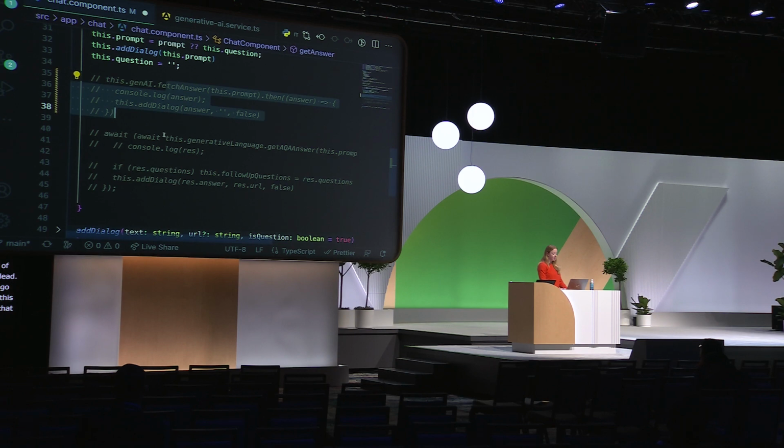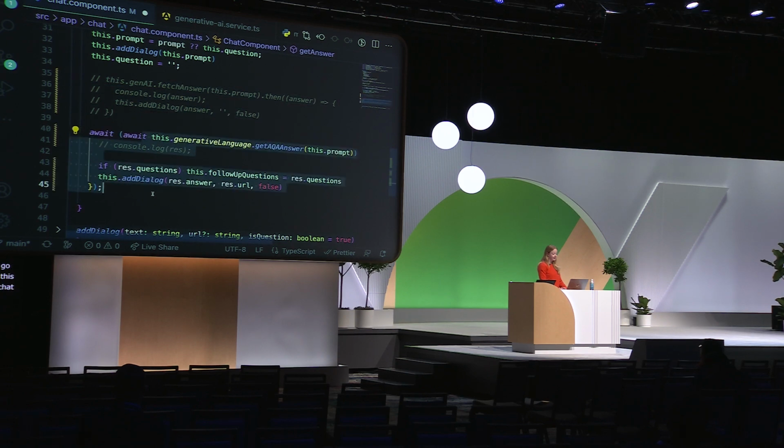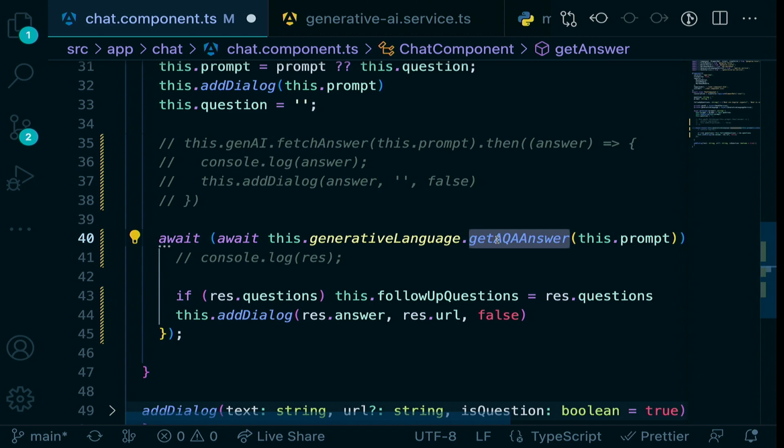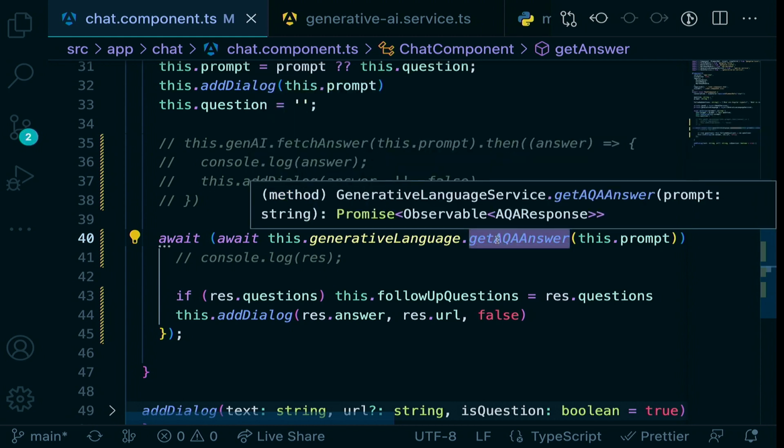So what I'm going to do is go to my chat component, and instead of getting my answer from my general model, I'm going to call my Firebase function with generative language and get my attributed question answer. So let's dig into what that is. I'm sending the same thing. I'm sending my prompt. I'm asking the same question, but to a slightly more intelligent